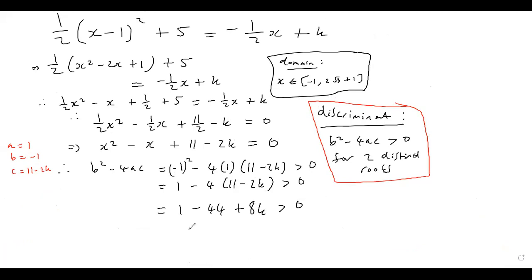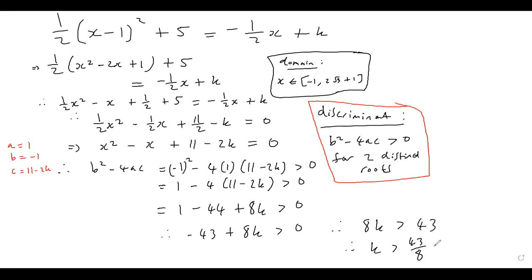So therefore, if we just rearrange all of this, we've got 1 minus 44, which is minus 43, plus 8k must be bigger than 0. So therefore, 8k must be greater than 43. And so therefore, k has got to be bigger than